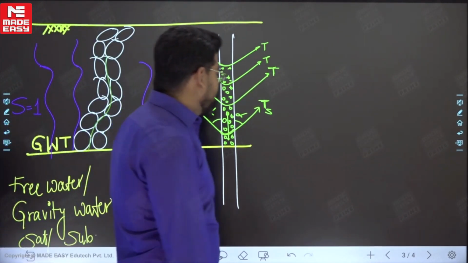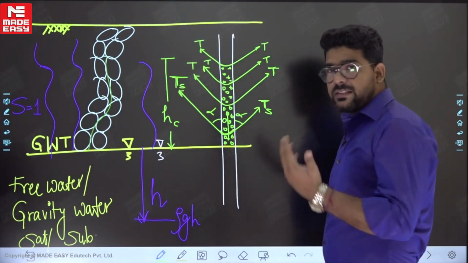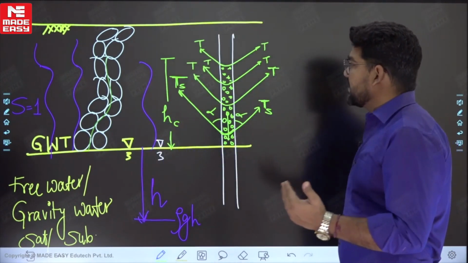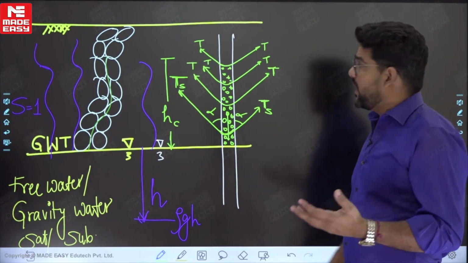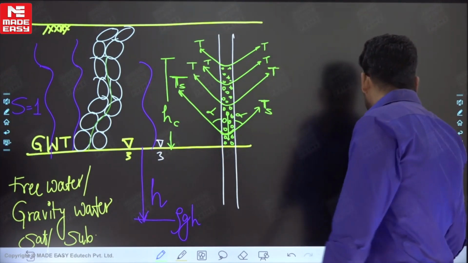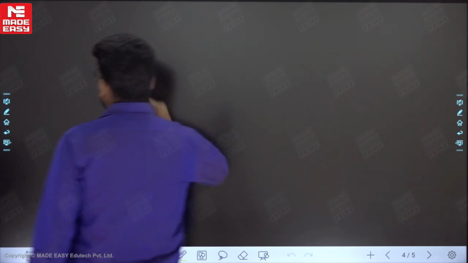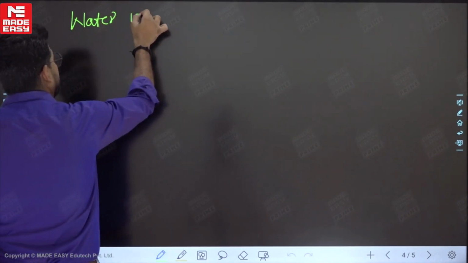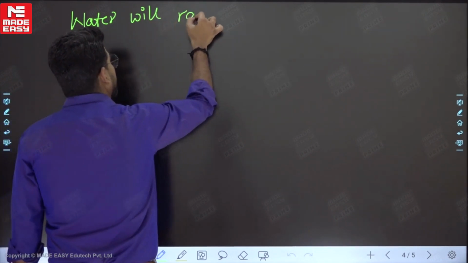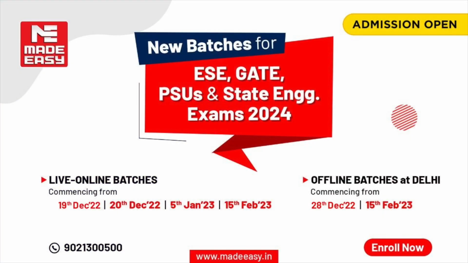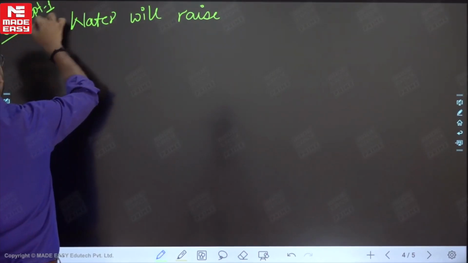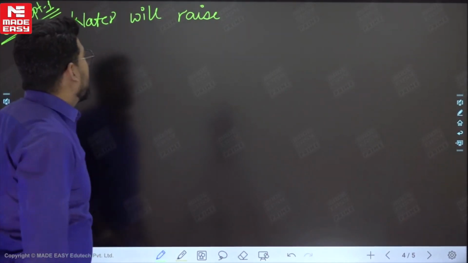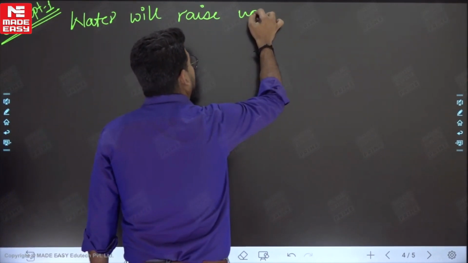Now the point to be noted is that if we want to determine this HC, or this SC, we just have to equate these forces. When we equate these forces, water will rise. Concept number 1, we can say. There are many concepts in this capillary water. So concept 1: water will rise up to an extent